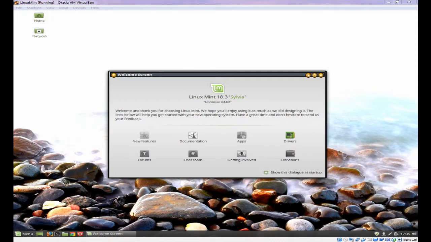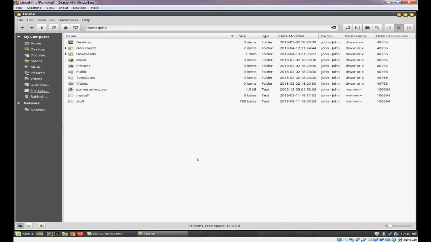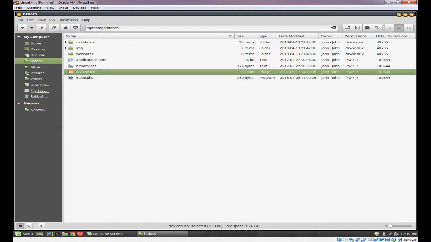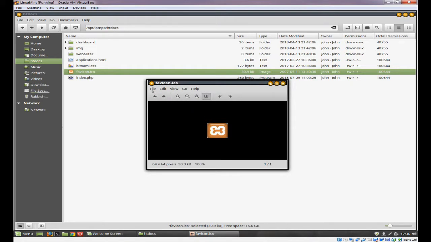First of all, you need an icon to put for the shortcut. Now, you can choose an icon from the list of icons, or XAMPP have actually created a favorite icon, but this is in the form of ICO, which Linux doesn't recognize. So what we need to do is change this and save it as a different format. Double click on it and it will open in Image Viewer.